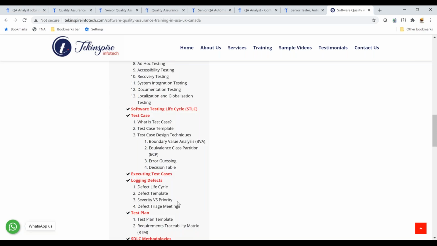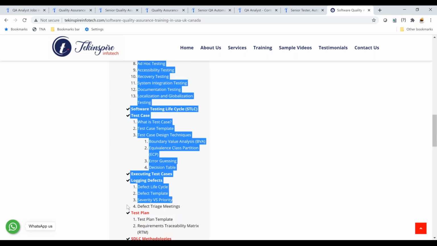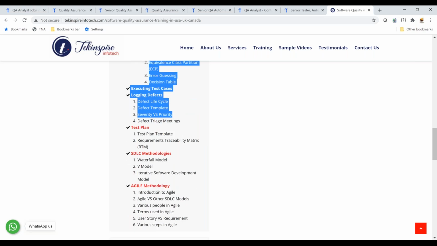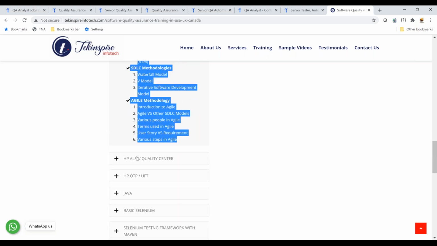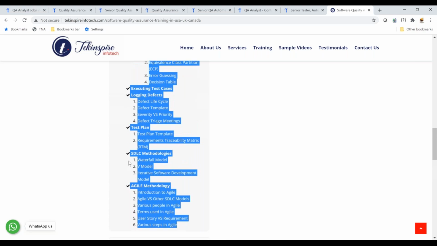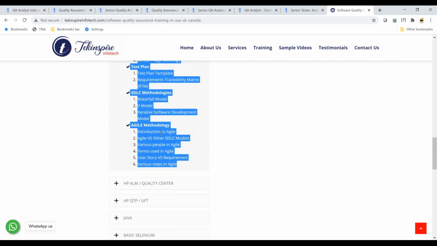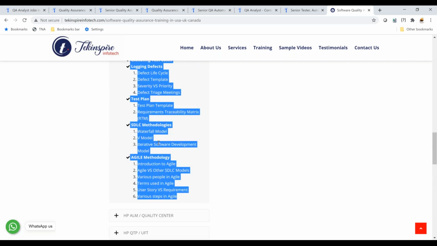There is also defect logging. We are going to talk about triage meetings, who will conduct the triage meetings, how the defect lifecycle will be, and everything in defect management. I'm sorry to interrupt in between. In terms of defect management, are you going to tell us about Jira over there? Jira is a different module. First I will go through it, then whatever questions you have, 99% will be clarified. Still, if you have anything we can discuss. Just give me another 5 minutes, we'll be done with that.